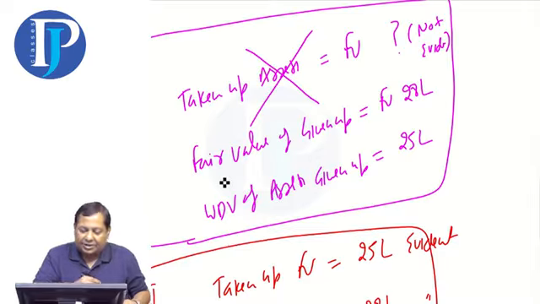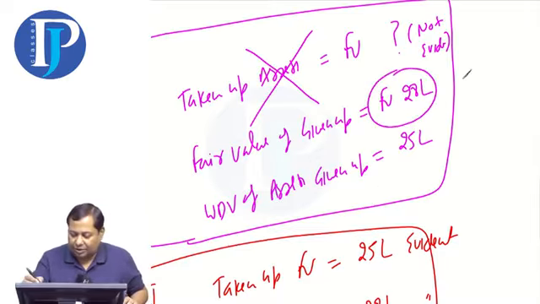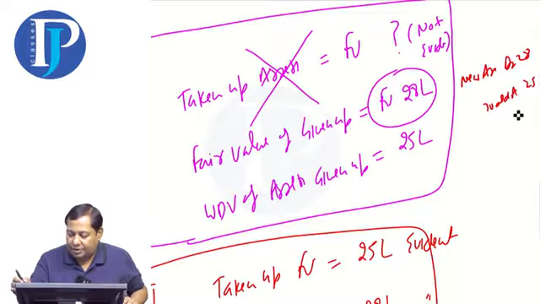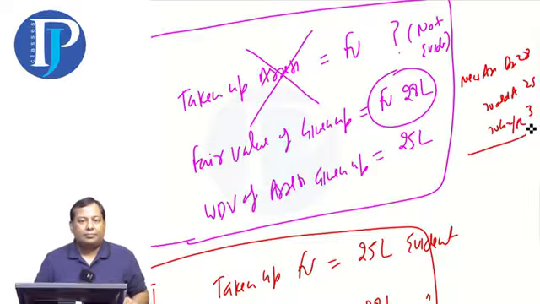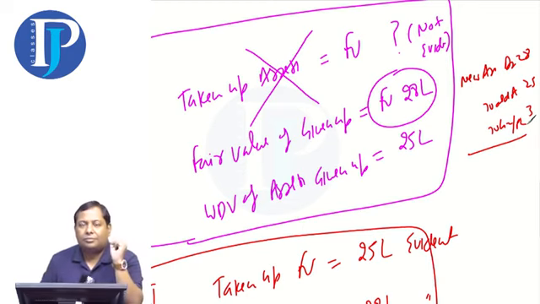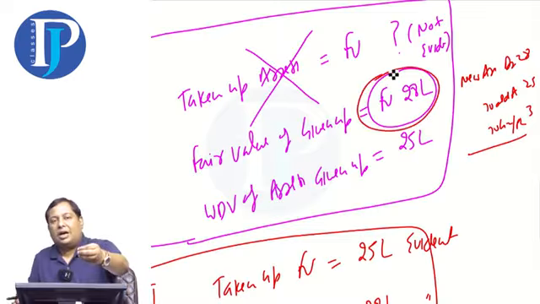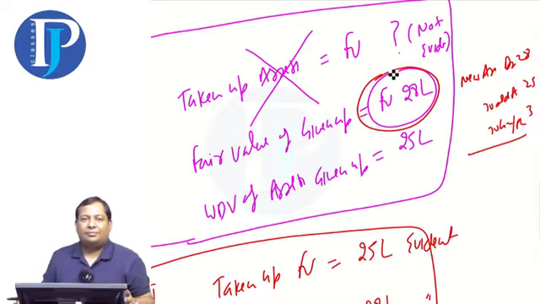We can leave this as we don't know the taken up value. Let's take this and pass the entry: new asset debit 28 lakh, to old asset 25 lakh, and book a gain of 3 lakh, and this gain will go to the P&L. If you know the fair value of the taken up asset, then you can record it, and the value of the given up asset, then record it. If you have given up an asset of 28 lakh, your new asset will also be of 28 lakh. Clear guys?